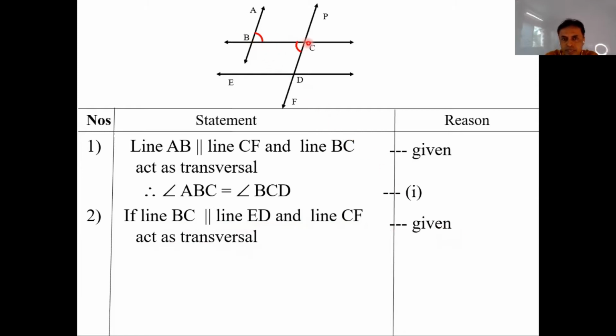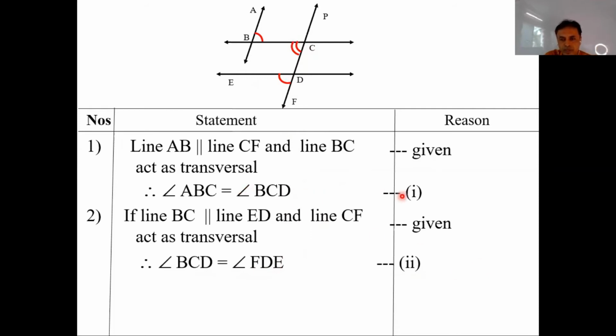Now we can write angle BCD, this angle C over here, must be congruent to FDE, which is over here. So angle BCD, the angle over C, is equal to FDE, the angle over here, and these two are nothing but corresponding angles. So writing that part: angle BCD is equal to angle FDE, giving it as equation number 2, and the reason is corresponding angles.